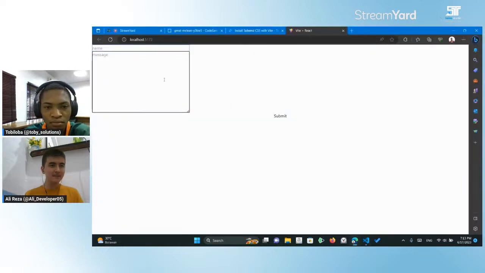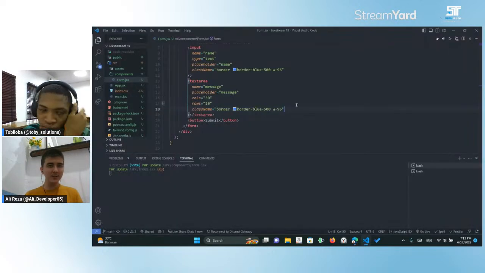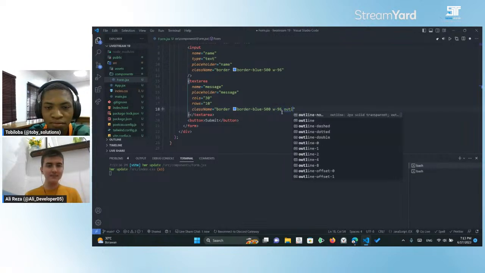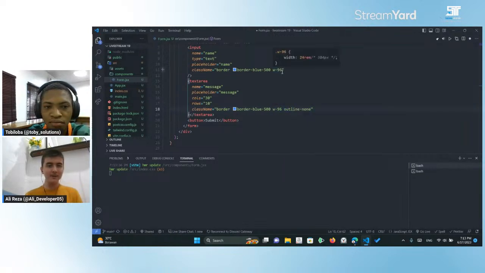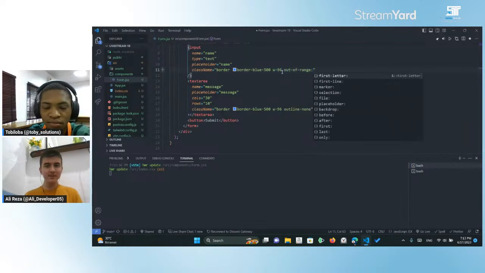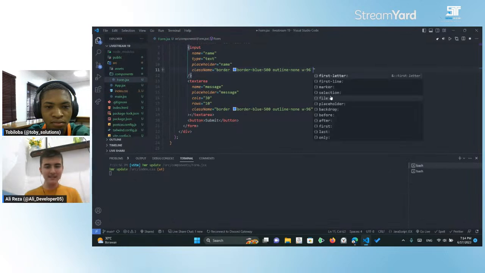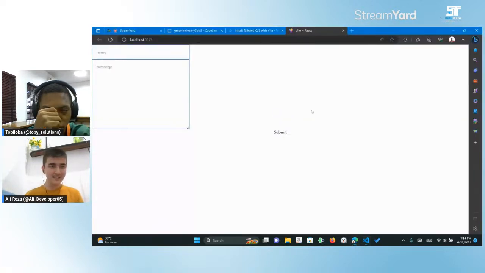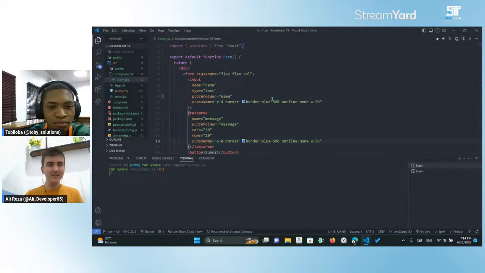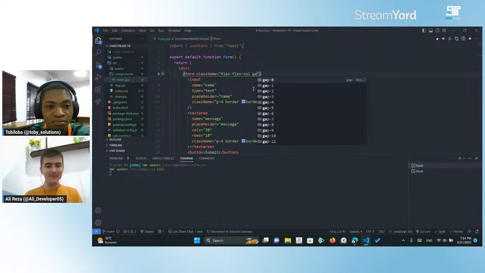And you see when I click the text area, we get a dark outline, and I don't want it. The way to remove it is saying outline none for both input and text area. Okay, now let's add some padding, like padding 4. I think that's a lot, but we can check it. It's a lot, but that's good. Let's give them a gap of 4,